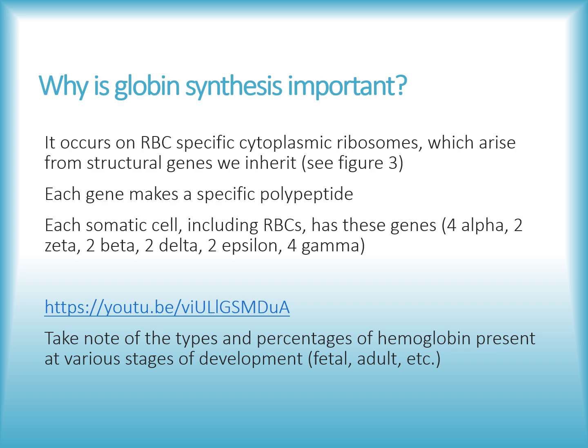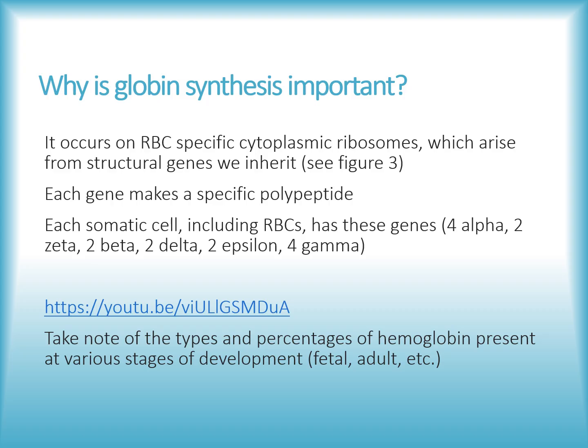Each gene makes a very specific polypeptide, and each somatic cell, including red blood cells, has these genes. So we typically have 4 alpha, 2 zeta, 2 beta, 2 delta, 2 epsilon, and 4 gamma. Now, you might be asking yourself, well, I thought we only had alpha and beta chains. Well, yes, as an adult, that is a normal hemoglobin or globin chain for adults, but there are a